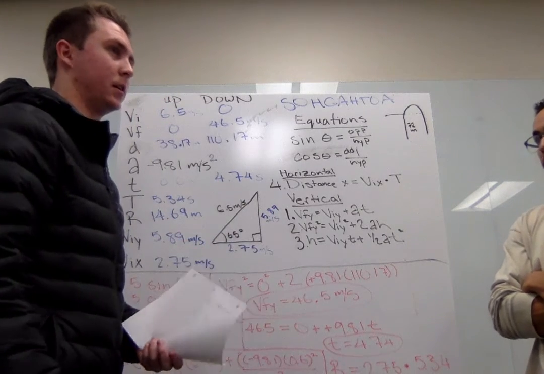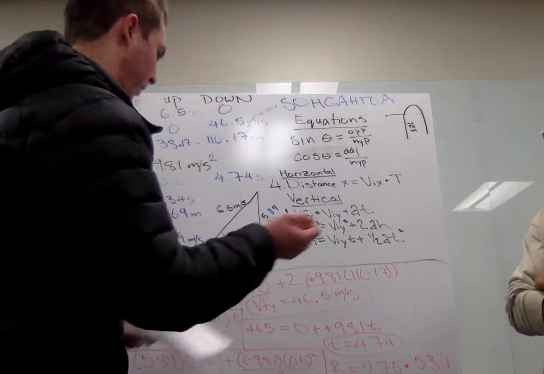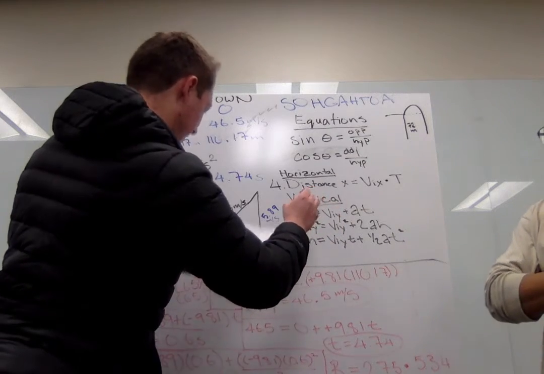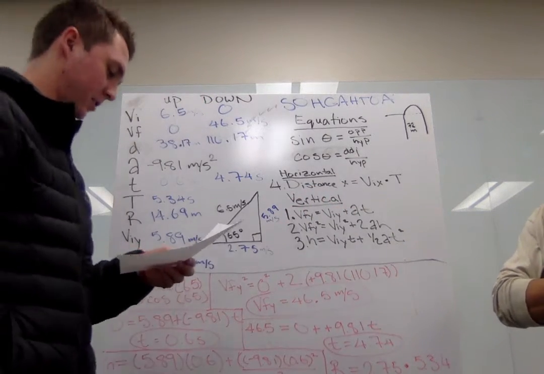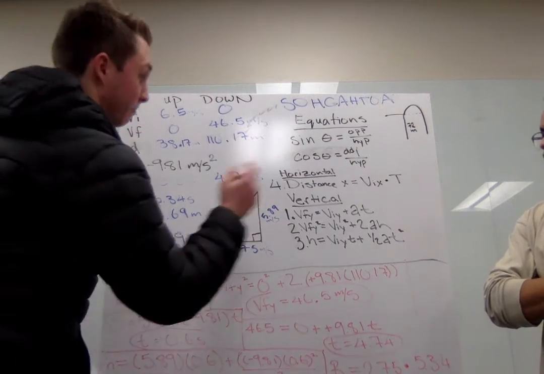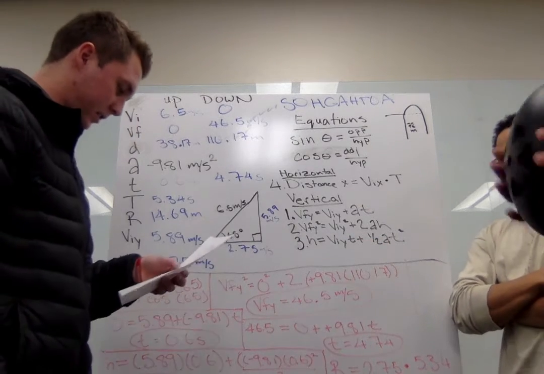Next one is solving for time up by using equation 1, the horizontal one, my bad, right there. Next one is solving for d up, this one by using equation 3. Next step